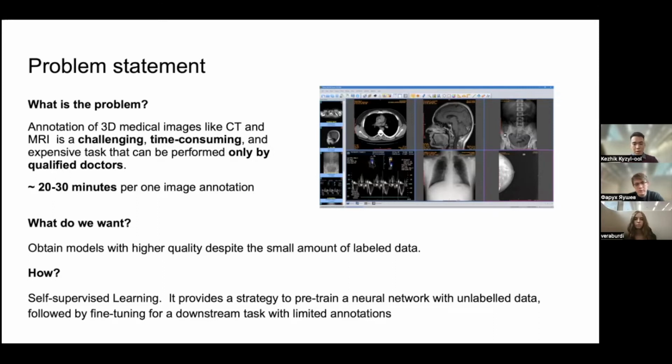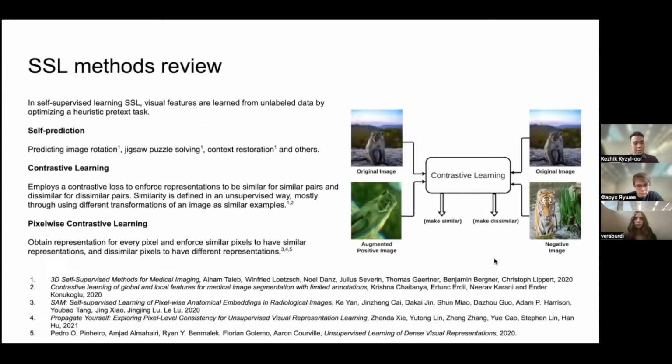And what do we want? We want to obtain models with higher quality despite the small amount of labeled data. And how can we reach this purpose? The answer is self-supervised learning. It provides a strategy to pre-train a neural network with unlabeled data, followed by fine-tuning for a downstream task with limited annotations. There are many types of self-supervised methods, but we will discuss only the types that directly correspond to our work. There are self-prediction methods like image rotation or jigsaw puzzle solving, and the second is contrastive